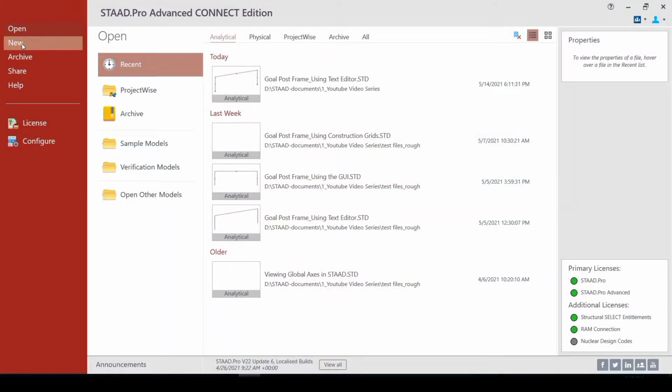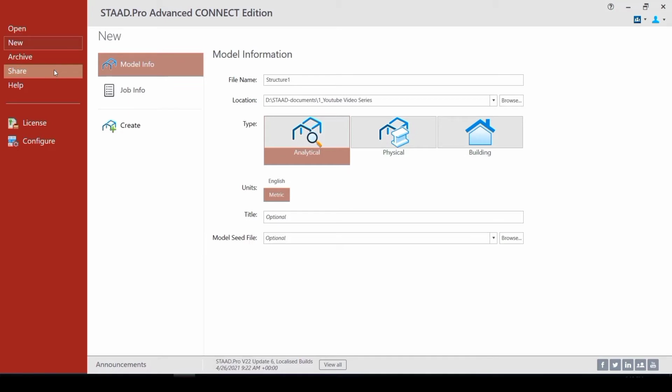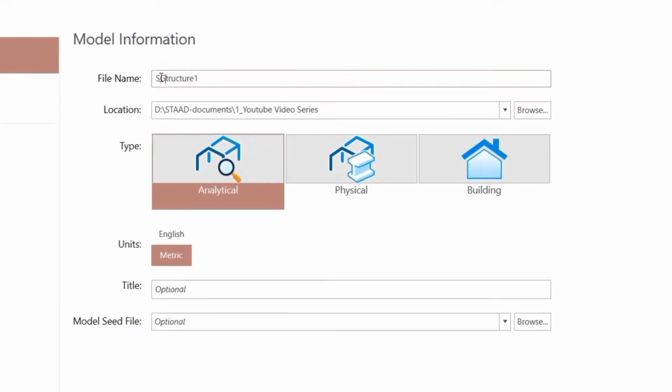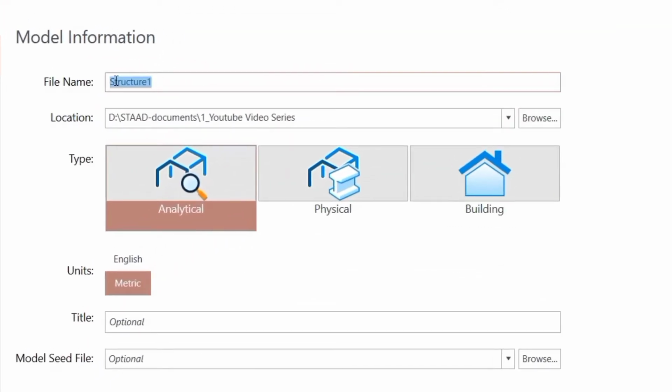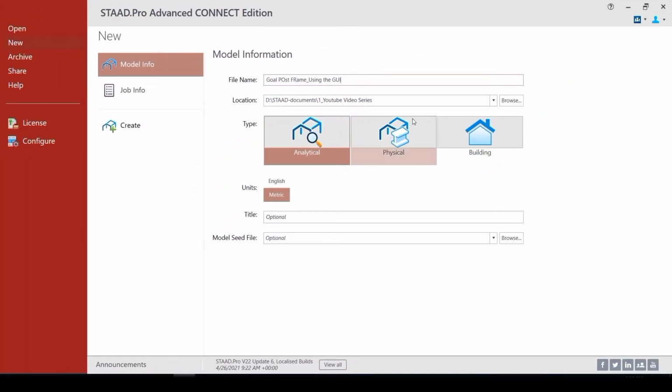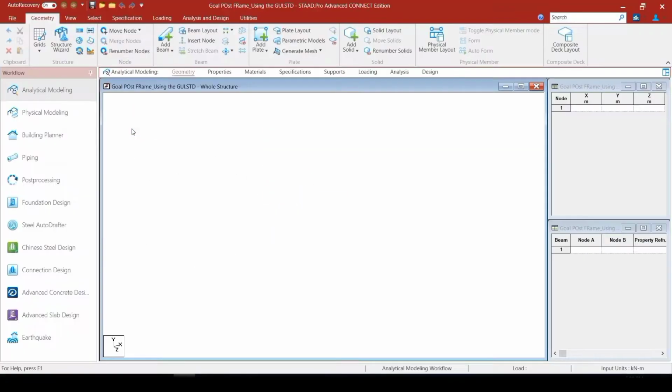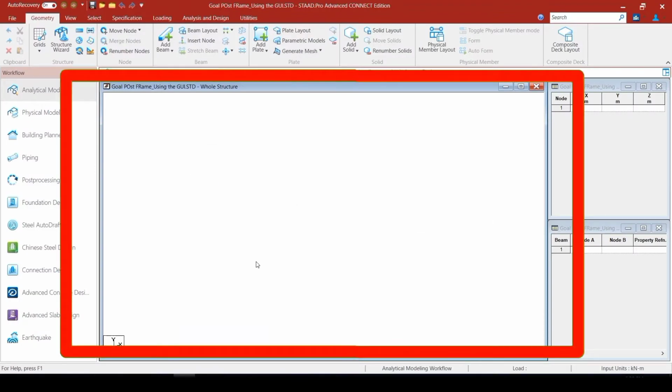So let us click on New to open a new STAAD file. Let us name the file goalpost frame underscore using the GUI, which means the graphical user interface, and you need to select a location and ensure that the type is analytical and the units are in metric. And with this information, let us click on the create button and you will be led into the modeling area